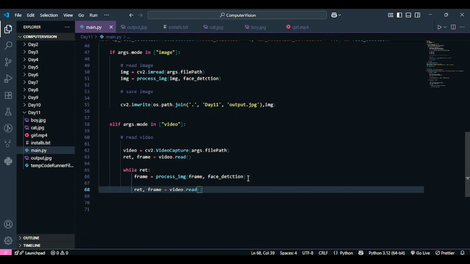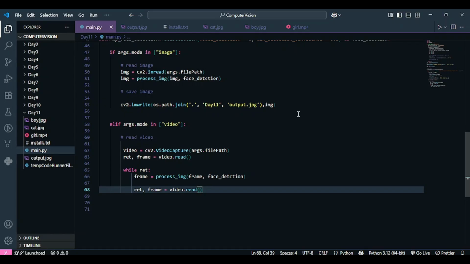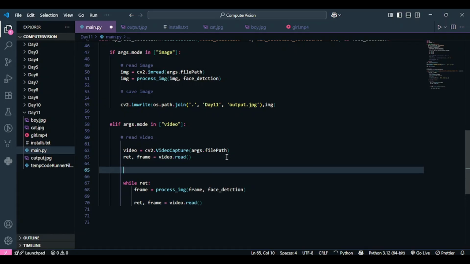Now this is going to read the video for us, and it's going to blur the faces on the video for us. But now let's write this video back to the computer. To write the video back to the computer, we are going to use the OpenCV function called VideoWriter.